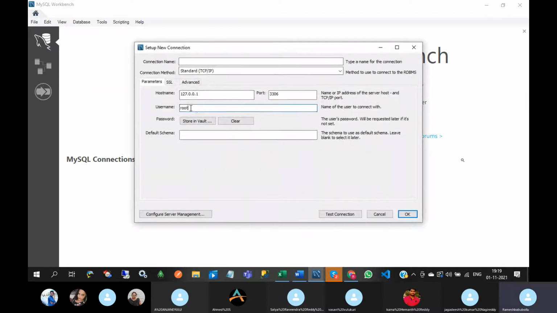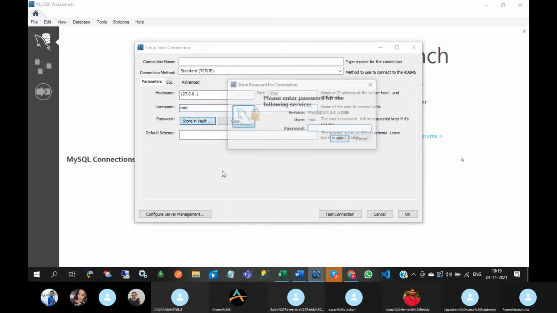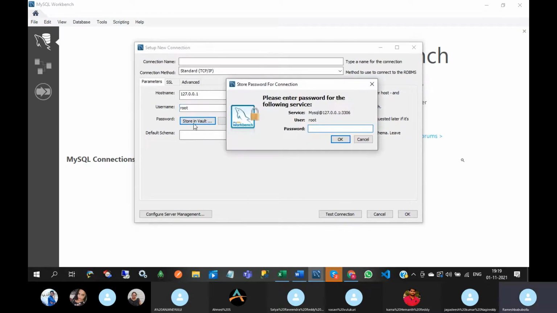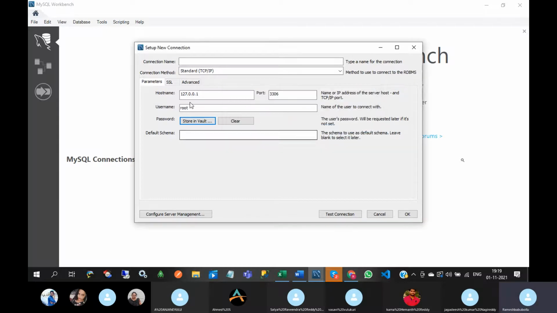Here root will be there. Store in vault. Click on store in vault and type the password, whatever you entered during the installation process. For your reference you can give the connection name. I am giving local instance.